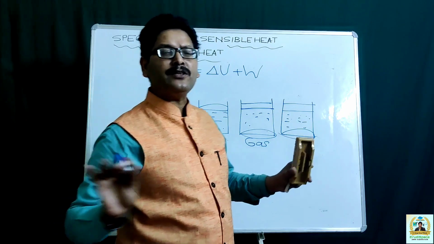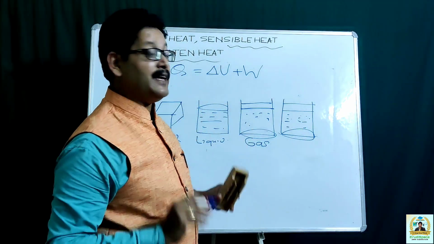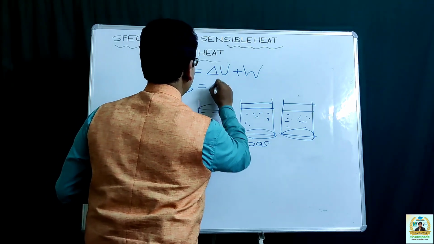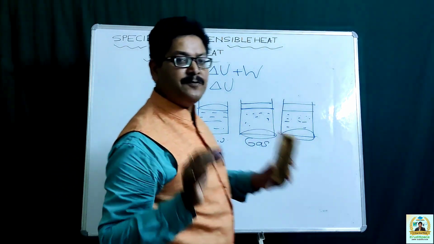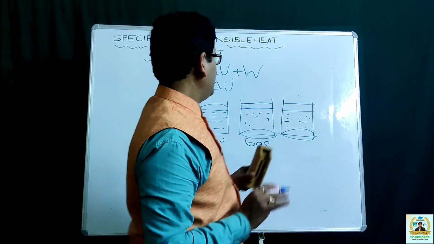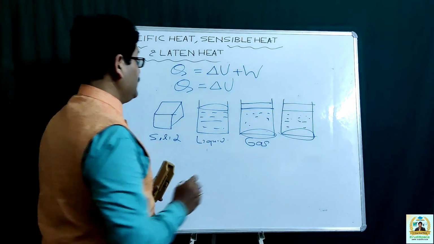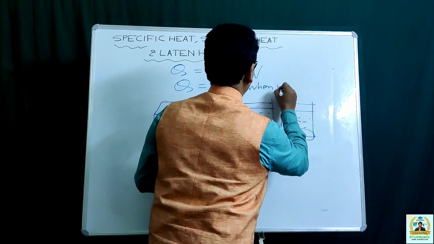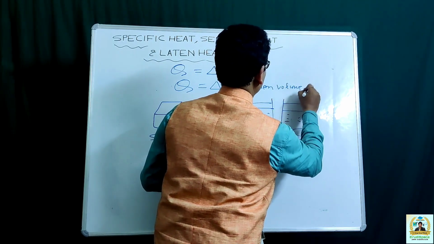You are not allowing gas to expand. In that case, Q will be equal to delta U, as it is when it comes to solids. You can mention here, when volume is fixed,